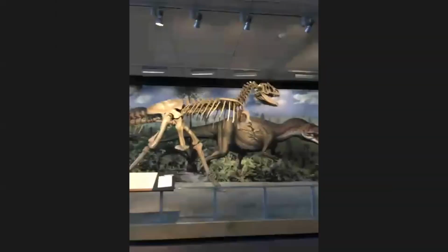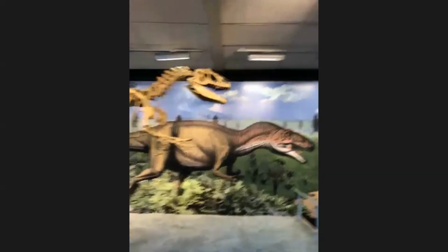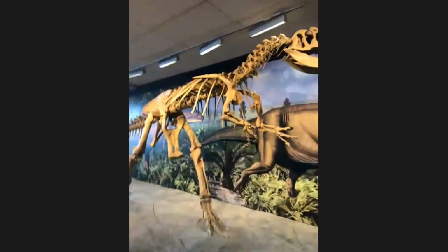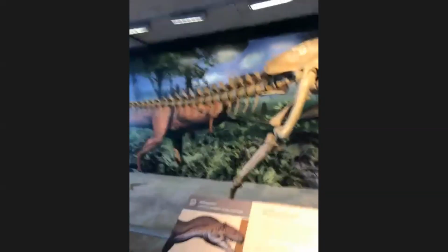We have Stegosaurus, one of everybody's favorite fossils. And then of course we have the Allosaurus. Everyone loves Allosaurus. So Allosaurus was one of the main predators that lived during the late Jurassic. And this is a skeletal reconstruction that we have here on site. But one of the cool things that we have here at the quarry